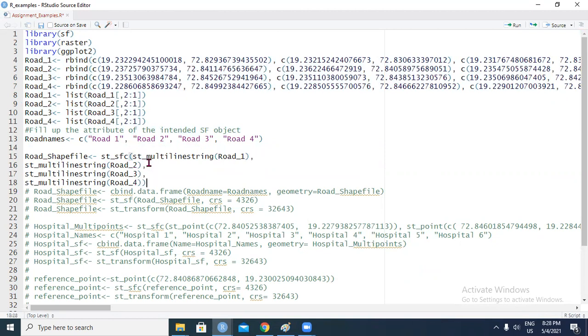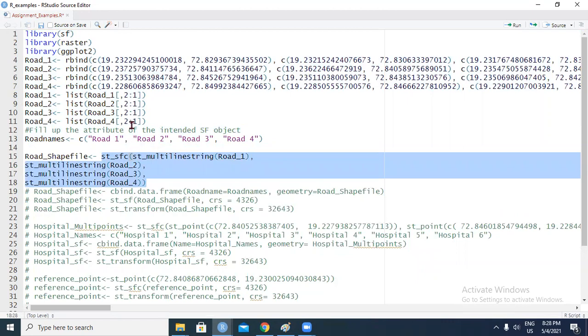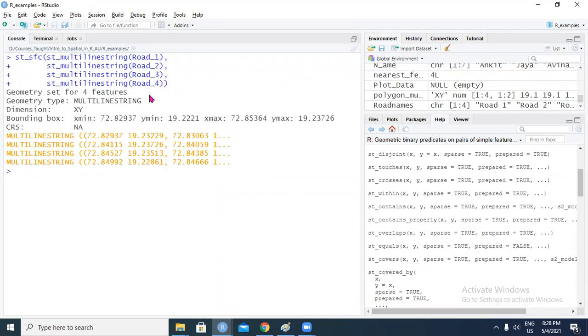So I combine these together, and if I only run this part, okay, what it does is that it makes a geometry set of 4 features. First feature, second feature, third feature, fourth feature.